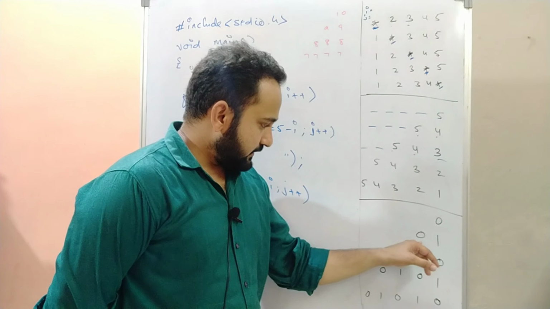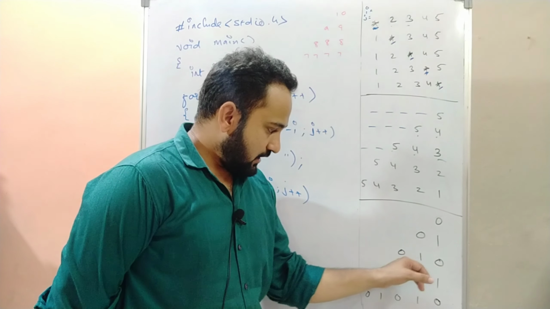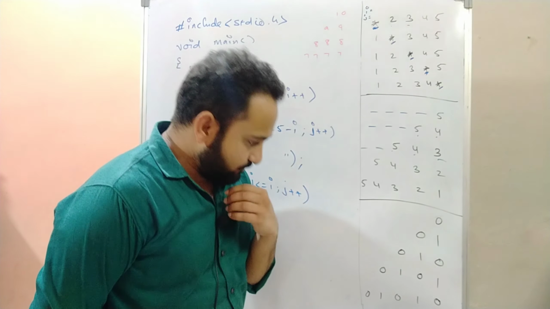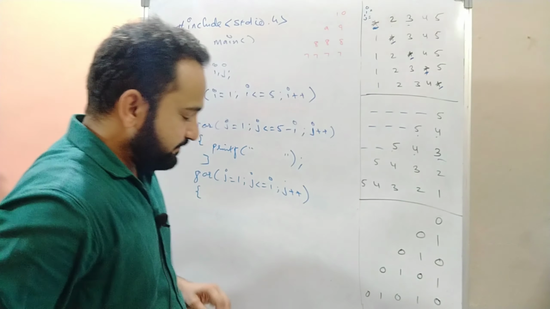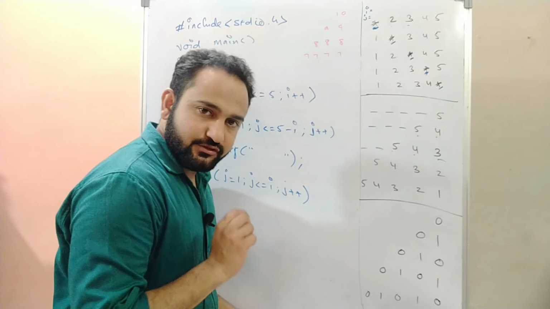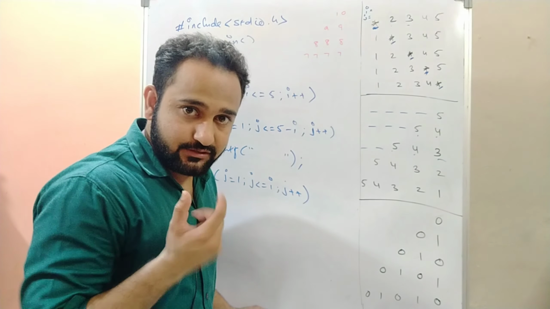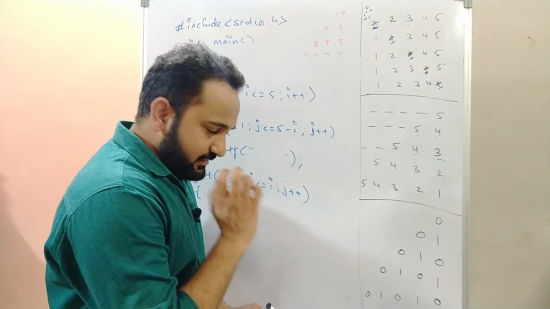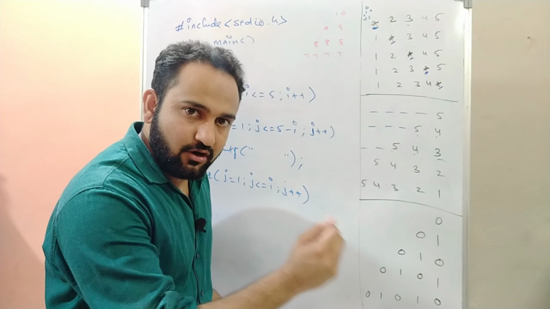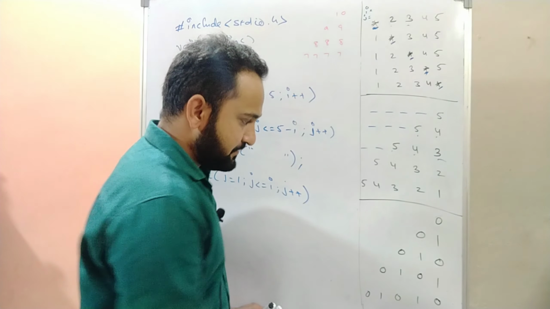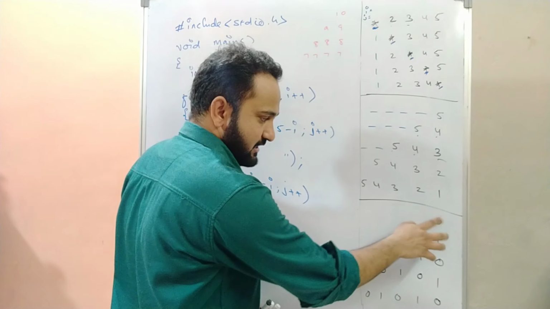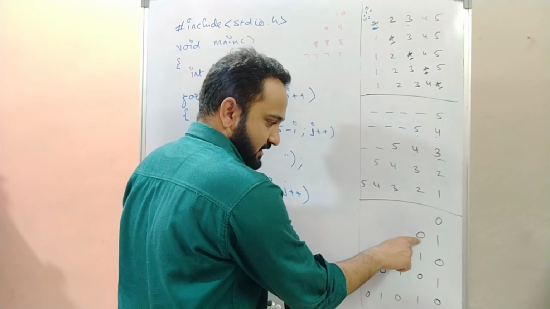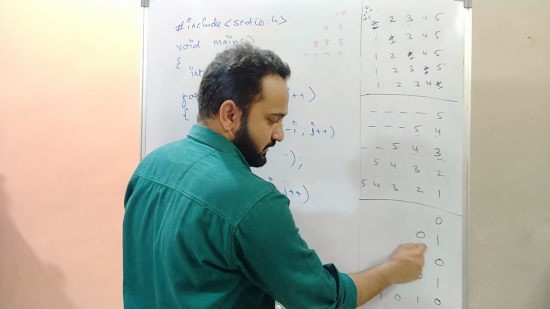Here 0 you are printing, again here 0, then 1. Alternately you are printing, you are getting that part, right? But one more thing is there. Focus on our variables i and j, most of the time you will be getting the answer there only. See, focus on whether the value of j is odd or even. When the value of j is odd, for example here the value of j is 1, that is an odd value, we are printing 0.